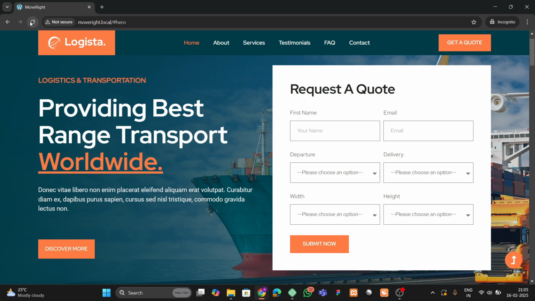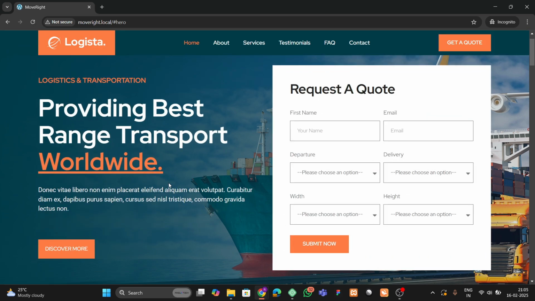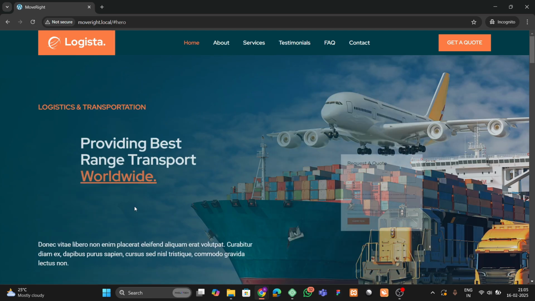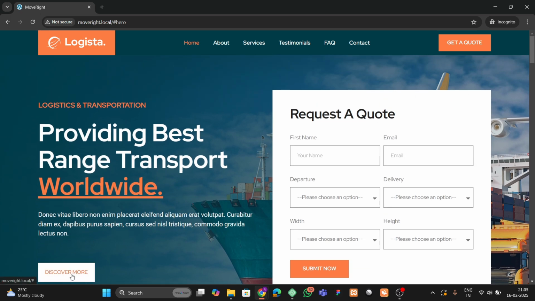Okay, so let's refresh it here once, and after refreshing you can see that we have this cool animation coming here like this. Let me refresh this one more time, and after refreshing you can see that we have this animation coming here like this, and also you can see that we have this type of hover effect